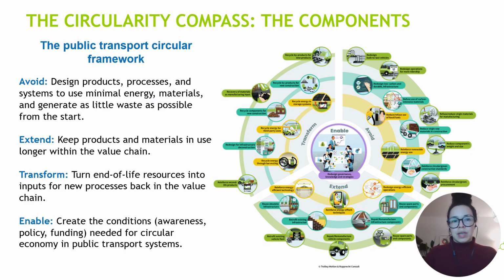So throughout the framework, you also see these bubbles, which are practical actions, and these are inspired by the R principles that you see in a lot of circular economy literature. So the typical suspects: reuse, refuse, rethink, recycle, and recover. And this gives a bit more concrete ideas on specific actions that can be taken to start adopting life cycle measures. So really an organization can start at any phase, and this is a hands-on guide on how to do it measure by measure, step by step, or phase by phase.